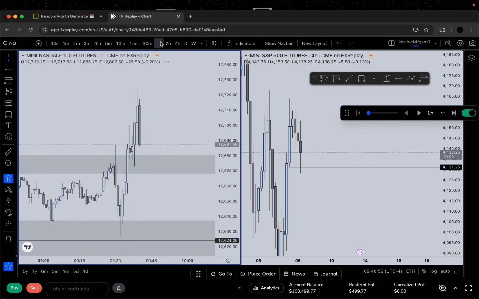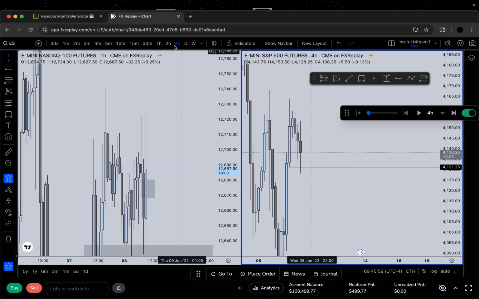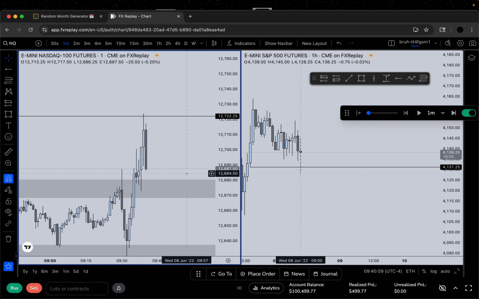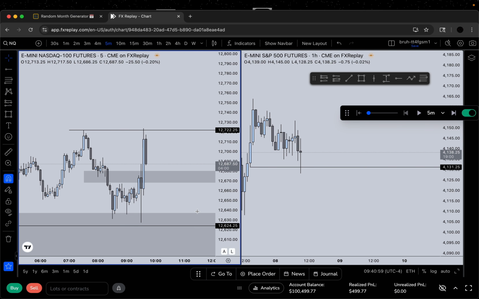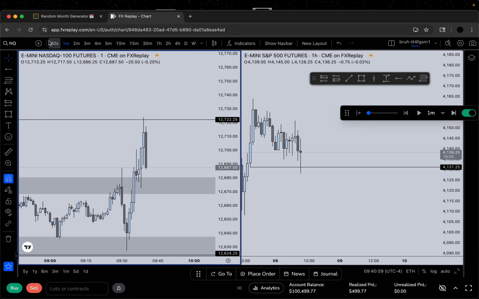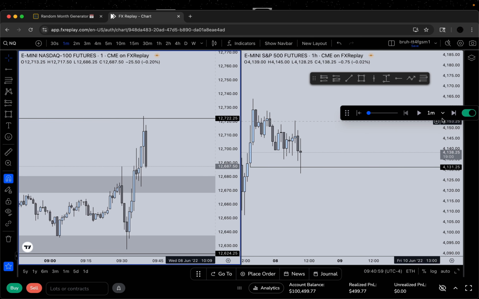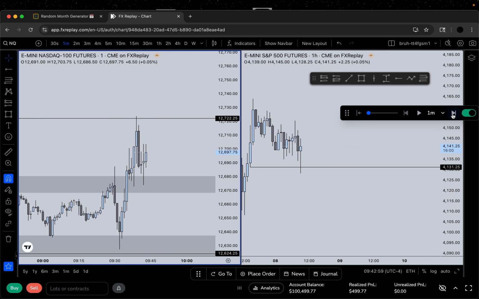No entry, which kind of sucks. ES is now being weird. We have an SMT here, not a high. I want a short. Still want these higher targets. Now that we got this displacement, I'd rather just be bullish here, but obviously NASDAQ can be weird. Come back down, sweep this low, because now we have double SMTs. Yeah, 30 second. I'm not taking that. Good framework, but not something I'm tripping about.